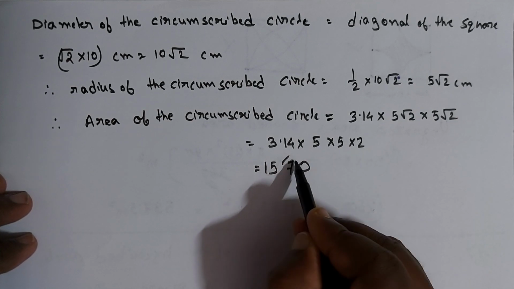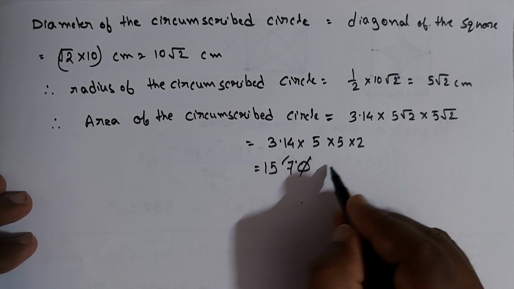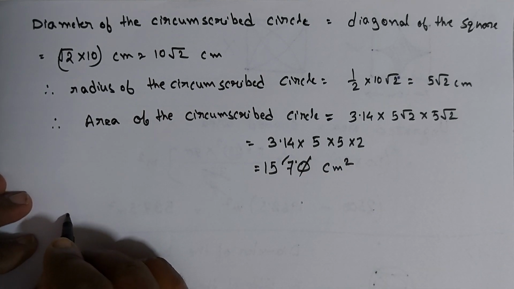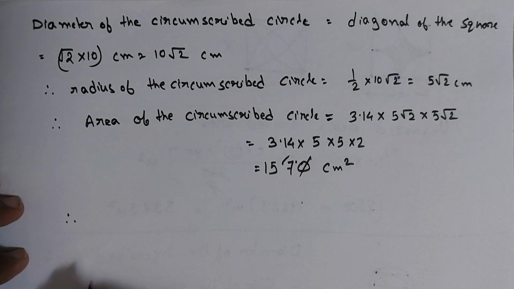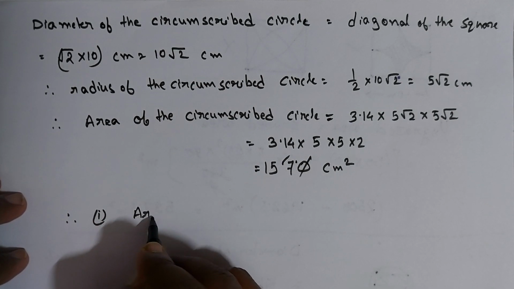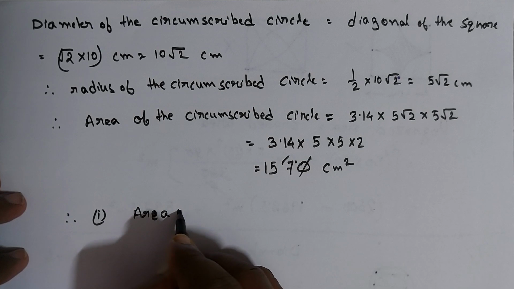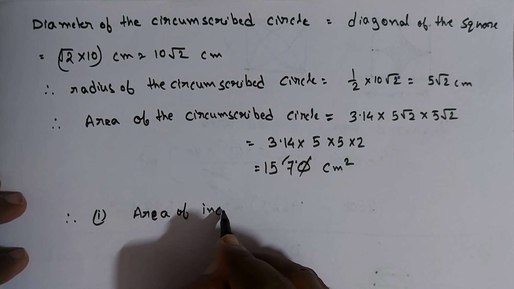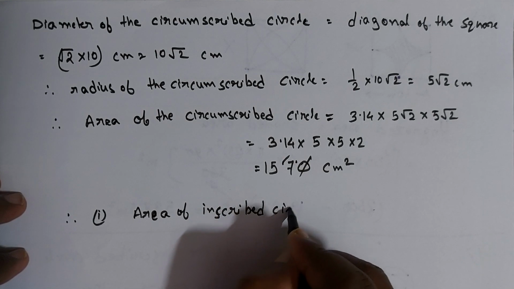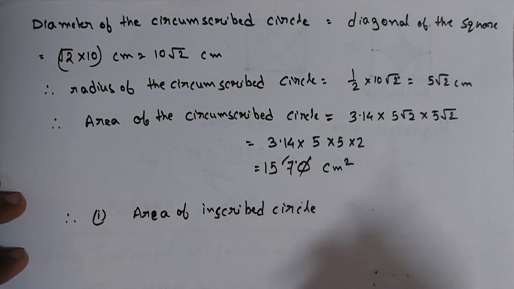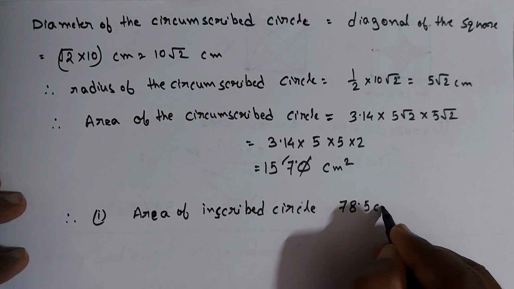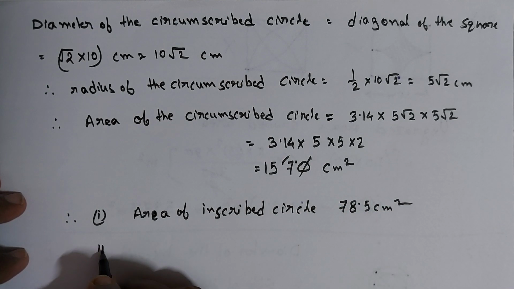But this is 10, so the decimal will be here. So 157 centimeters square. Okay. So we will write finally the answer. Answer for 1: area of inscribed circle. Area for inscribed circle is 78.5 centimeters square, and number 2,